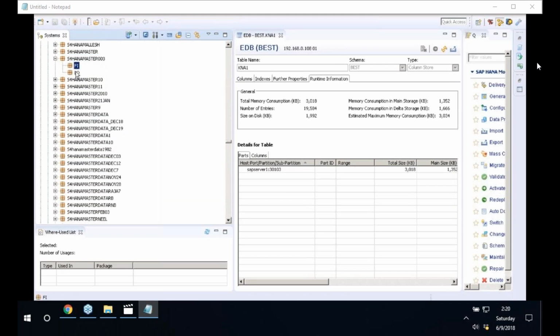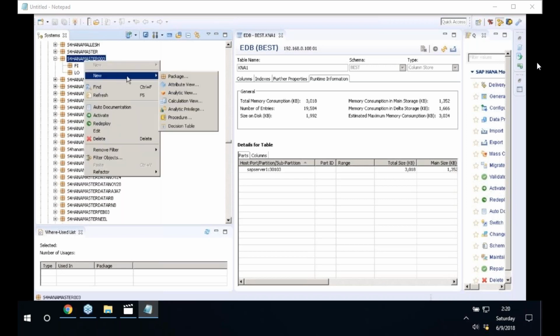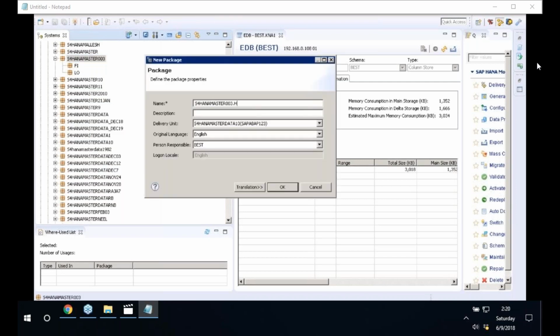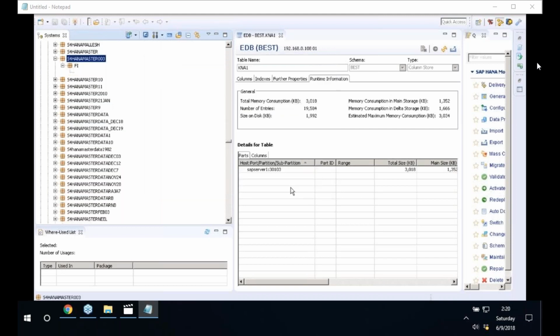Why am I creating these packages? To create business scenarios with regards to finance, to create business scenarios with regards to logistics. Click on package, human capital management, click OK. So this is the main package. Under this main package, I'm creating the sub packages. Okay. Now,